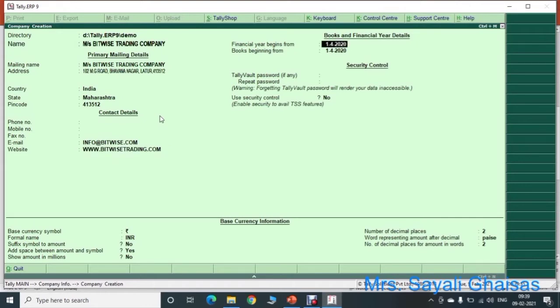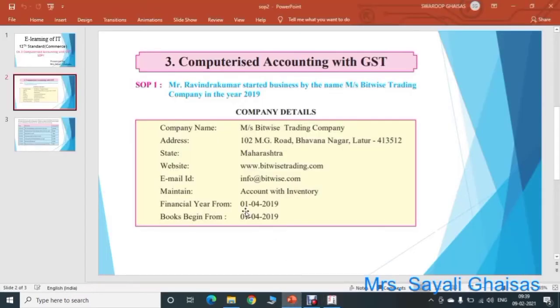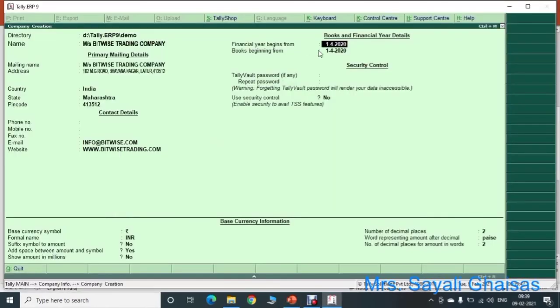Here the financial year begins from. See here, the financial year begins from 1 April 2019 and books begin from the same day. Okay, so add those details here: 1/4/2019.